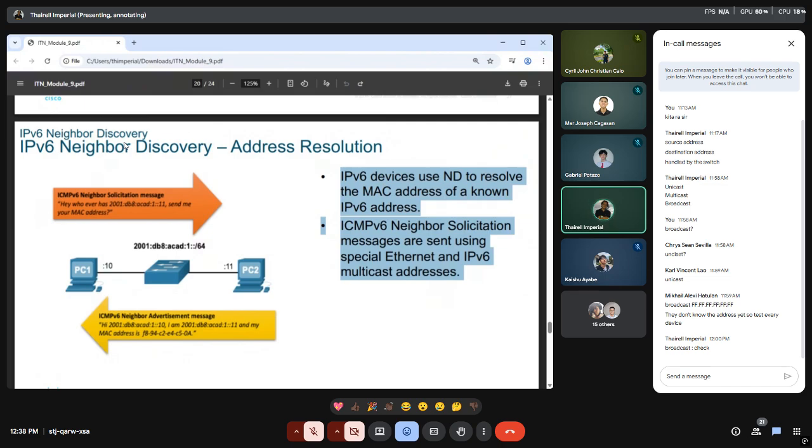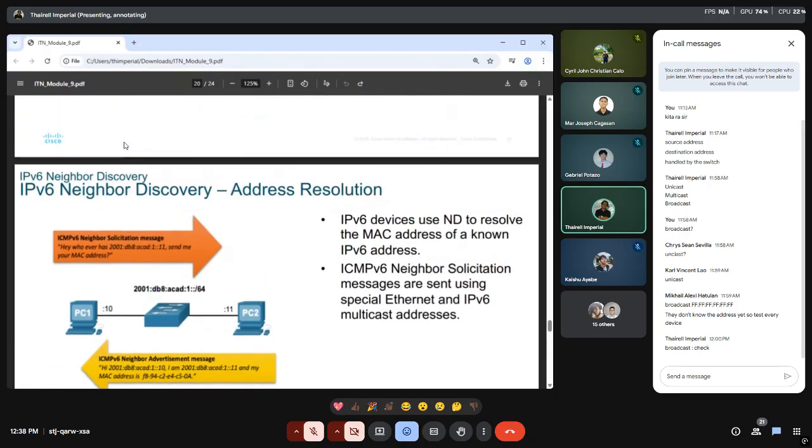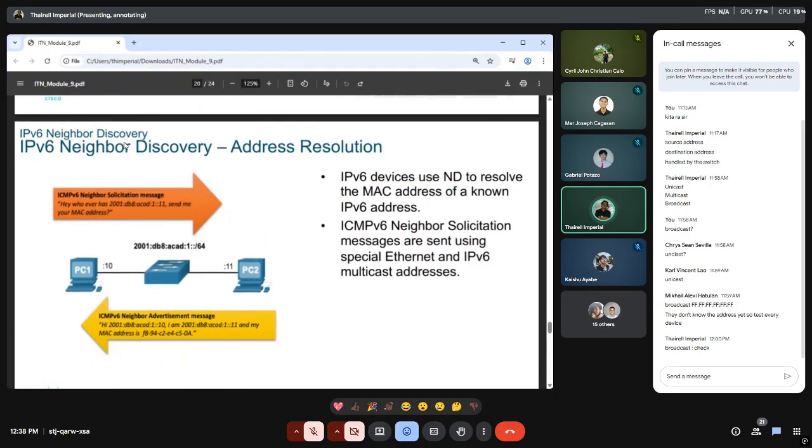the only difference is the destination MAC multicast or destination IP multicast, which is the content or additional fields on the request packet and the reply packet for ICMPv6 neighbor solicitation. Okay? So that is the difference between ARP for IP and ICMPv6.